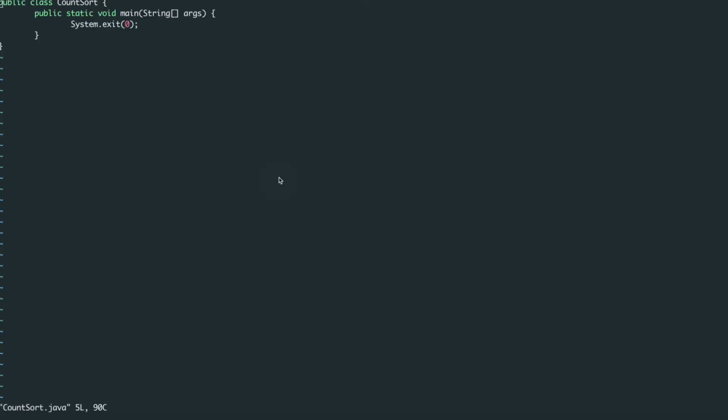So now we are going to study how we are going to implement count sort. Before we start the implementation though, let us recapitulate what steps a count sort has. So first, before anything, we need to find the max and min elements in the array. Find max, min, right?